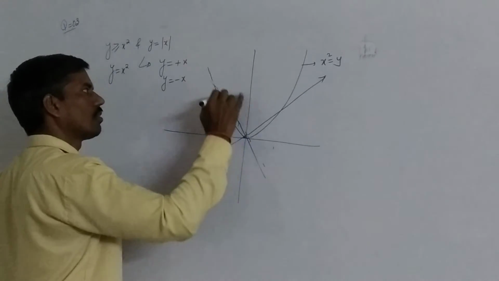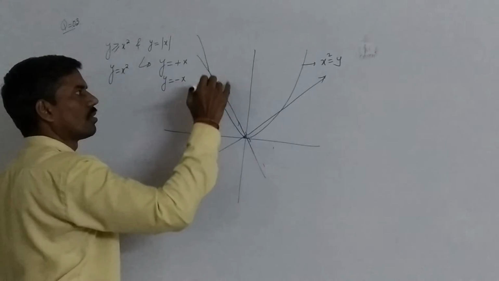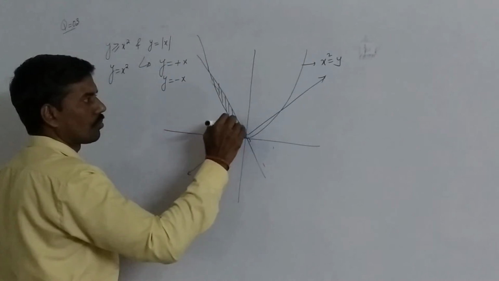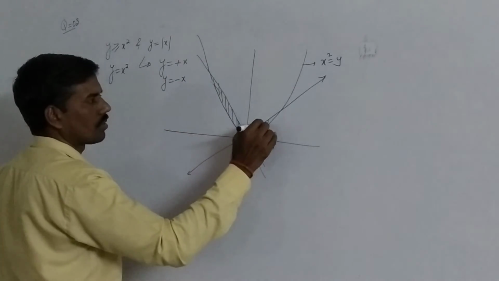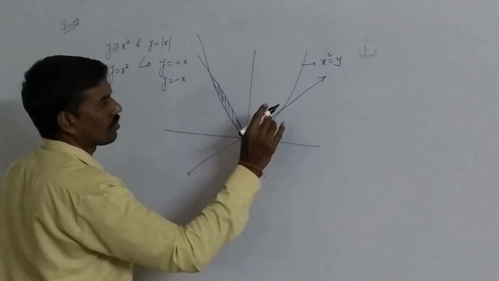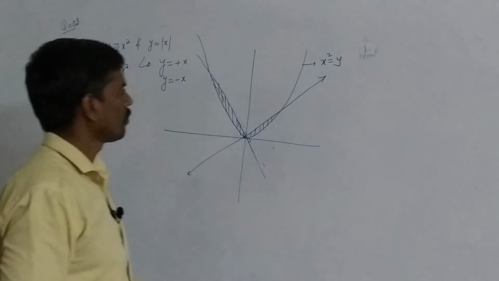ऐसा, ये वाला हमें पोर्शन चाहिए, थोड़ा सा गड़बड़ है, एक मिनट।